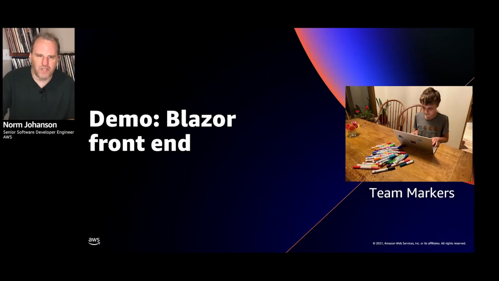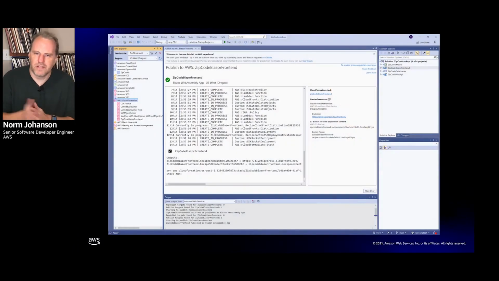Okay, so let's see what we just learned there. Well, excuse me, but before we do that, this is what the deployment would have looked like if we would have stayed and watched the whole thing. We would see in Visual Studio that all got successful, and we'd actually see what our endpoint was to our application. We could click that link and see our application deployed out to AWS.